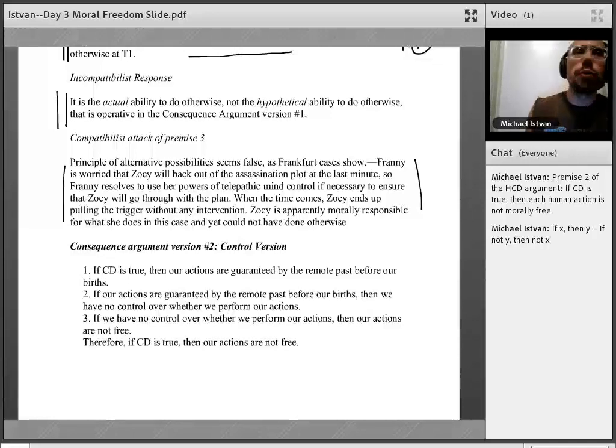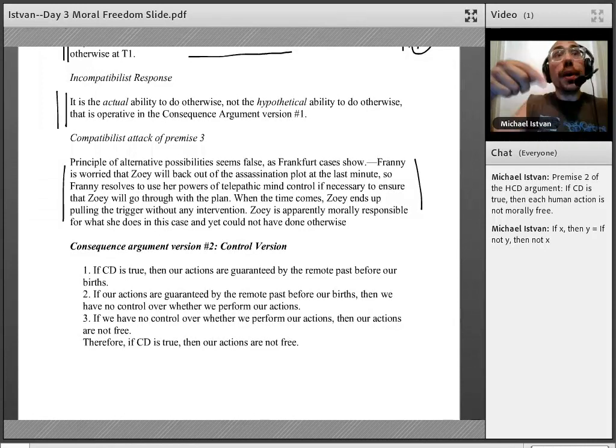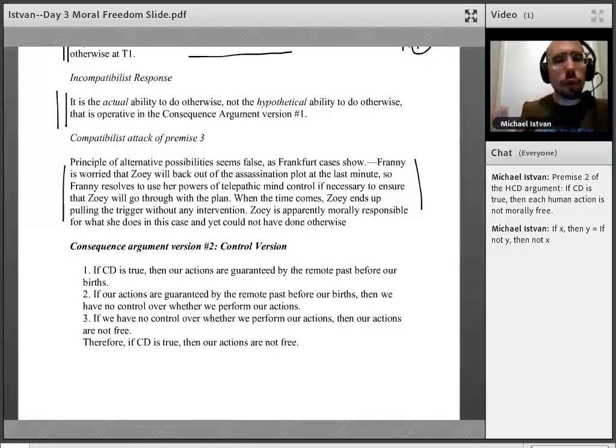The central idea, I guess we can put it this way: let's assume that Zoe fully wanted to do whatever it is, call it X. Assume that S fully wanted to do X, and unbeknownst to her, she could not, for whatever reason, do otherwise at that point. We're still going to say she did it freely, at least so the compatibilist who objects to the principle of alternative possibilities would insist. Because she fully wanted to do X. It was just that, unbeknownst to her, there were constraints such that there were not really alternative possibilities.